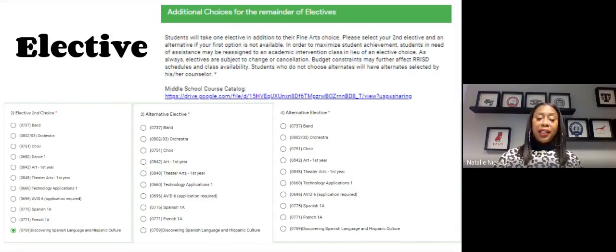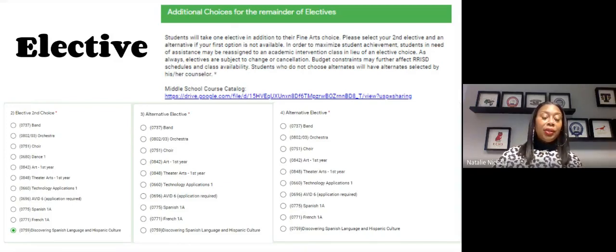You also have the option of taking Spanish and or French. Now, Spanish and French are high school credits. And in middle school, you have the option to begin taking your high school credits in middle school. One of the differences is this, though. In high school, you will get what's called a GPA, a grade point average. If you take a high school course in middle school, then it does not count as part of your rank. You get the credit, but the grade is not factored in to your high school transcript. So that's one of the things to know.